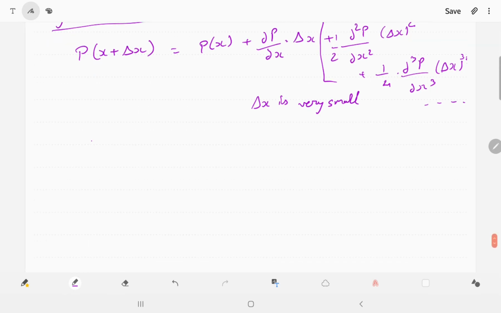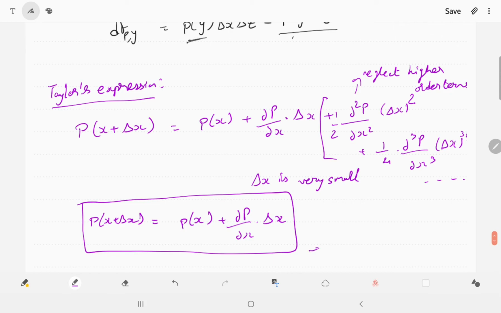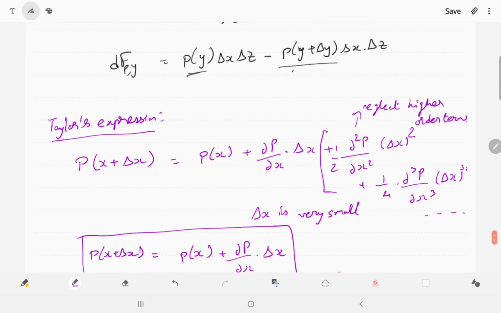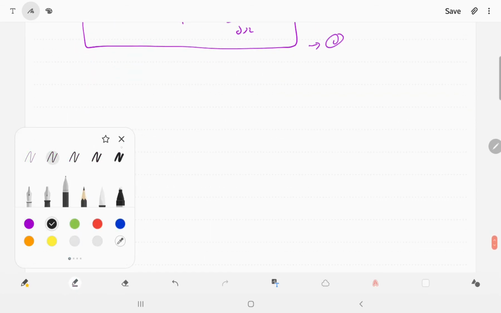So we can write P of x plus delta x equals P of x plus dou p by dou x into del x. As in equation 1, we can substitute this equation in the above equation. So we can solve them as